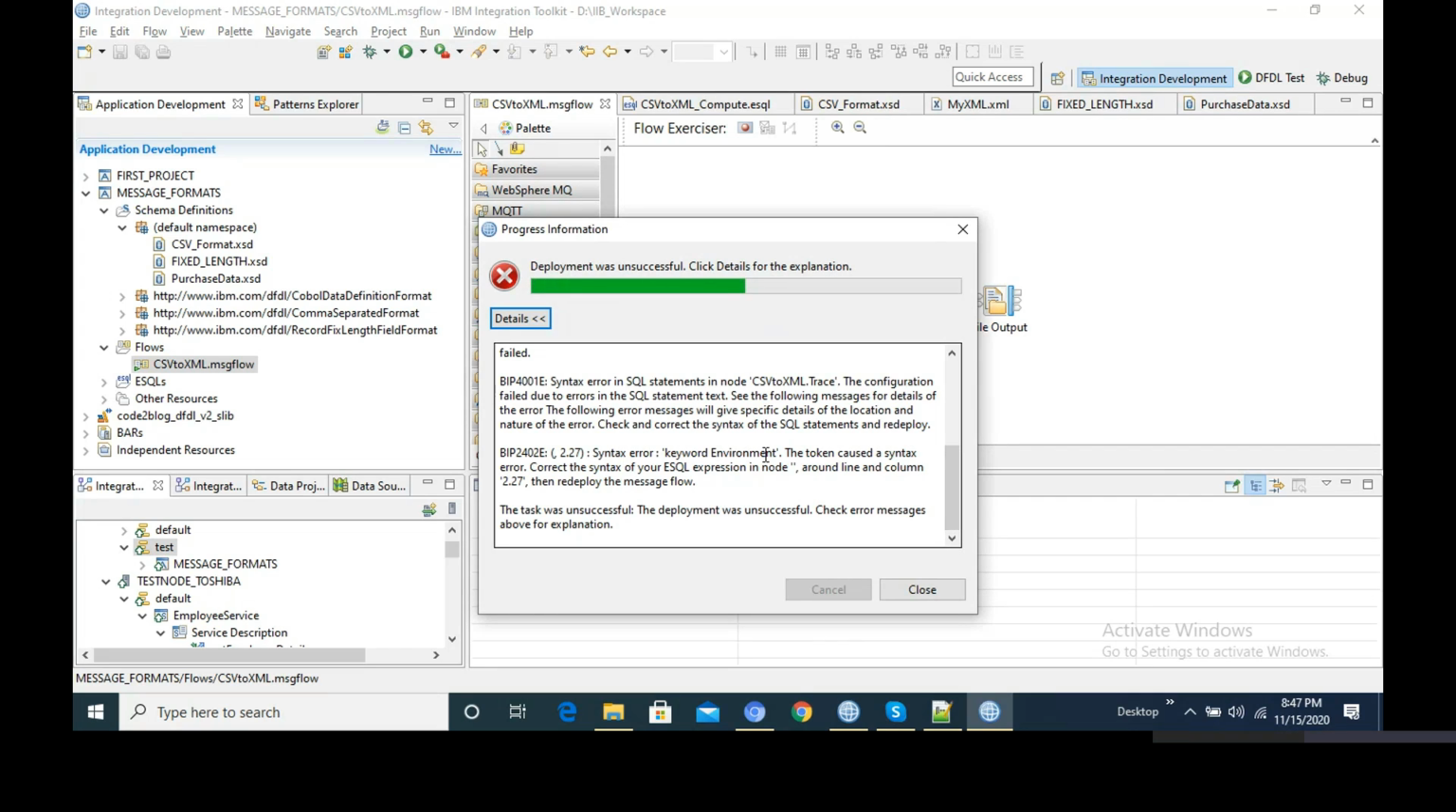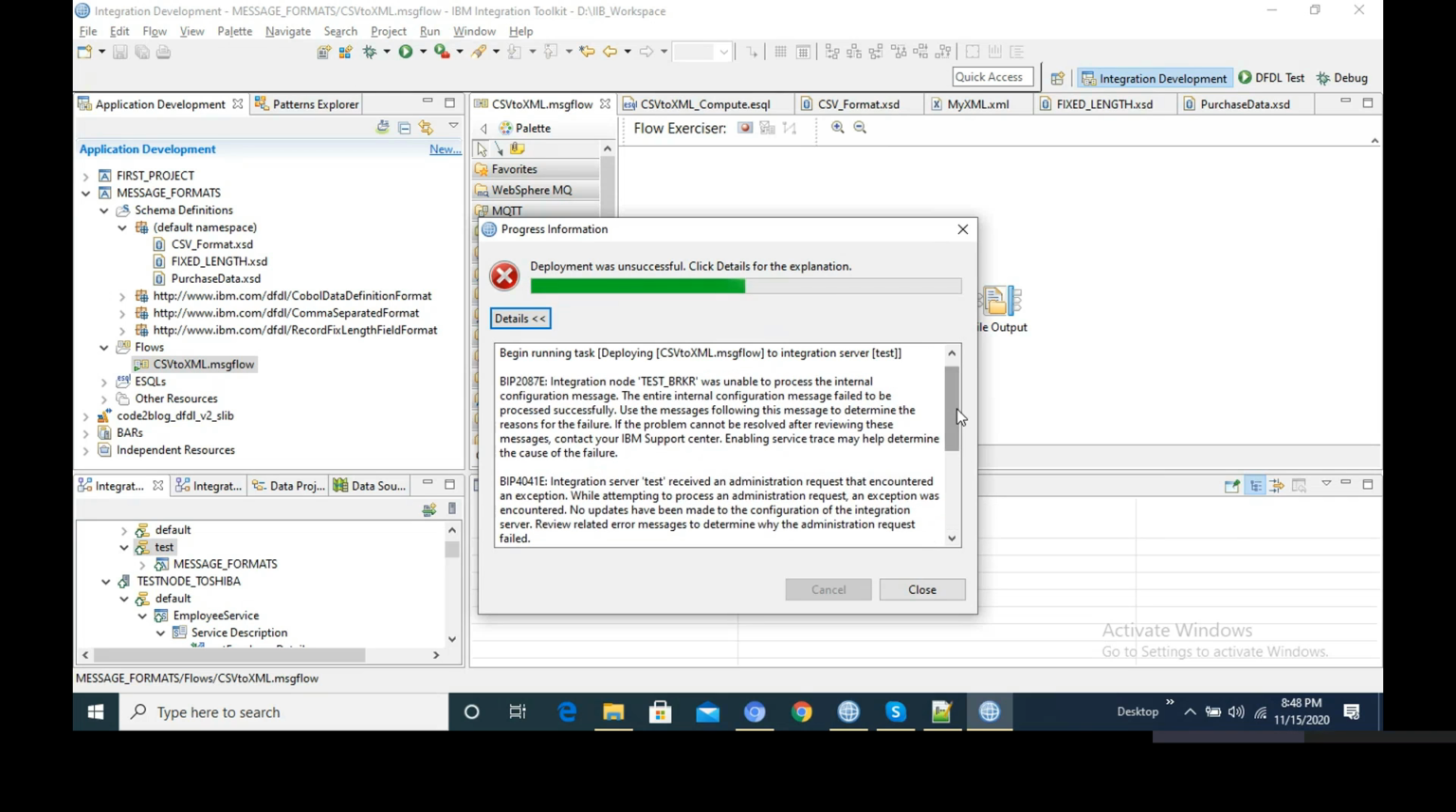Syntax error, keyword environment, the token cost, syntax error content of SQL expression node around the line and column 2.27. Then, where have you written environment? Let's go to your trace node. I think